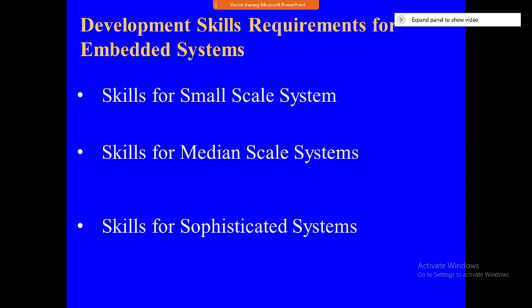Next, in the medium scale, the basic information should be necessary for these people also. But they have to have some extra things: C, C++, Java programming, and active programming and program modeling skills are very important.